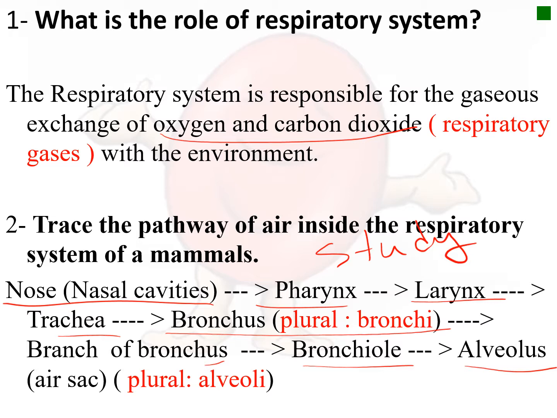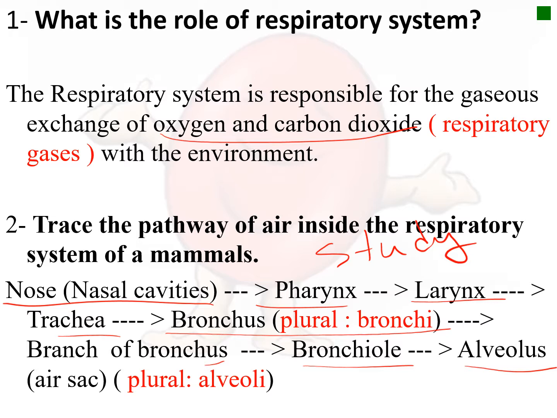What is the role of the respiratory system? The respiratory system is responsible for the gaseous exchange of respiratory gases, which are oxygen and carbon dioxide, with the environment. Trace the pathway. This one you have to study, the pathway of the